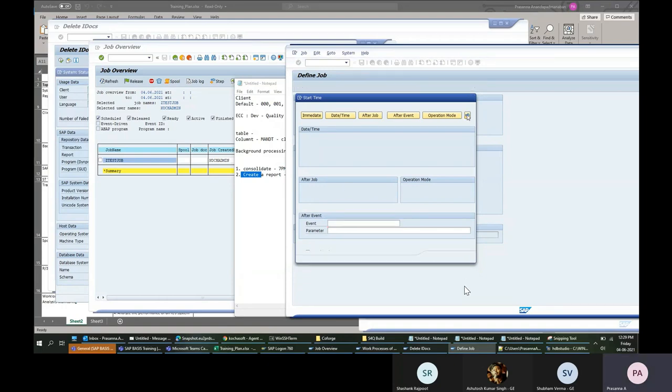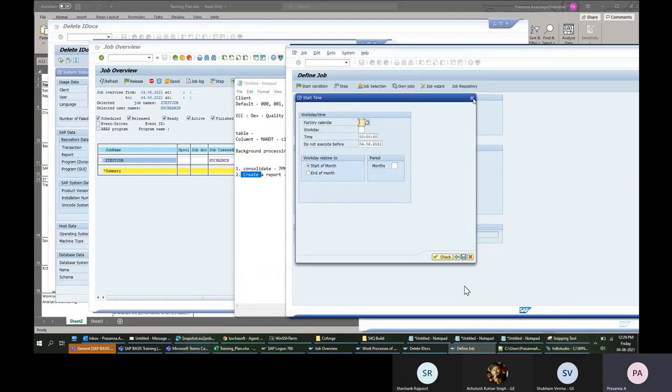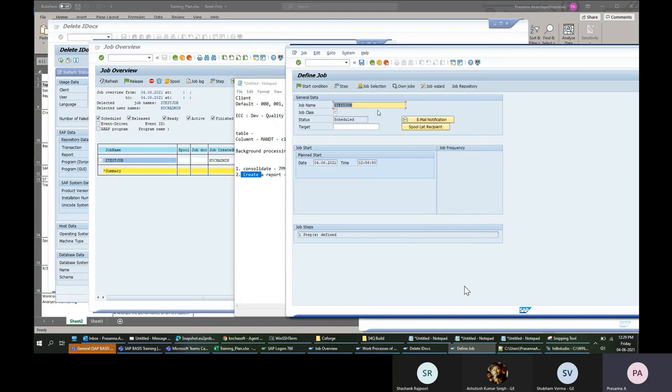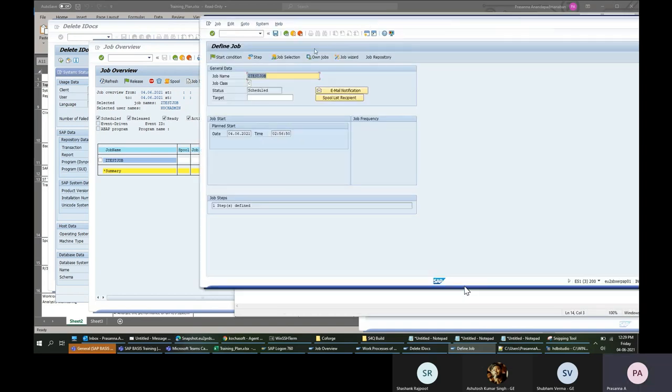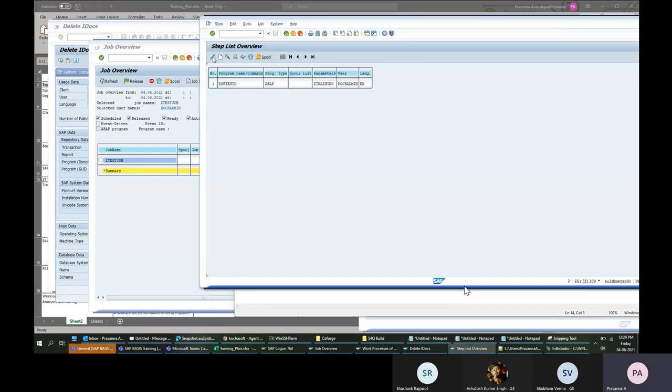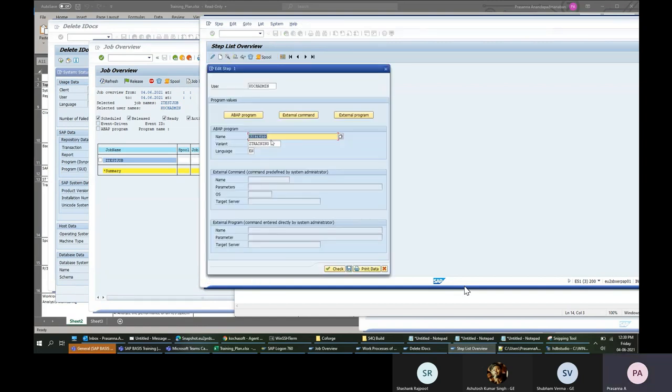Within a job, earlier I showed that we gave a program name and a variant. This can also be different. I can even use this to call an external command or external program. Just have an overview: it can even call an OS level command, something we defined yesterday, right?